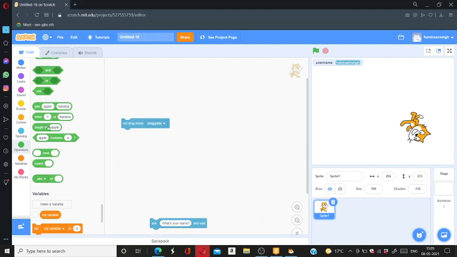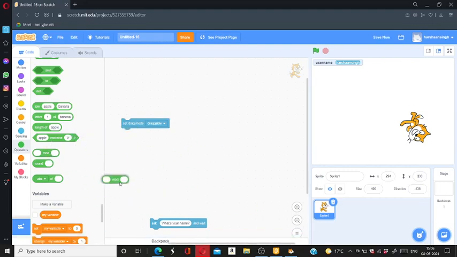So length of apple, it will show how many letters there are in the word apple. It will show if apple contains A, does apple contain A. If it contains, and if you click on this, it shows true. What should I write? Okay, in apple, do we get Z? No. So if I click this, it will show false, because the letter Z is not in apple. So this is the mode. We don't need this so much.